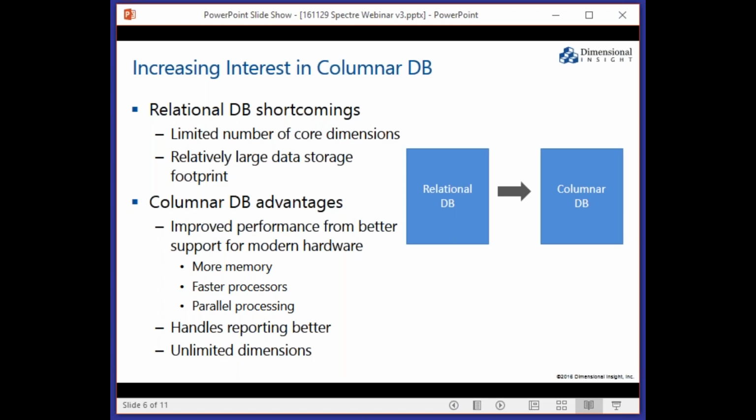Relational databases' shortcomings: it's hard to get a large number of columns and dimensions specifically in a relational database without sacrificing performance. When you would set up a database like that, you would tend to have a schema involving primary keys and lookups into other tables, and the more of that you do, the harder it is on queries that use those columns later. And so if we compare that to a columnar database,